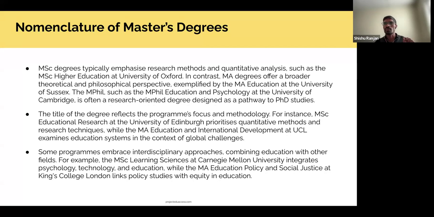Again, you need to go through the website: what they say, what their learning objectives are, what kind of modules they are preparing, what the reading list is. One good thing I found with UK universities is that if you email the program director or program lead, you can ask them for the reading list as well. They won't give you everything, but they may provide the specific reading list you need to do. So you will get an overview of what you are going to study. Yes, next.